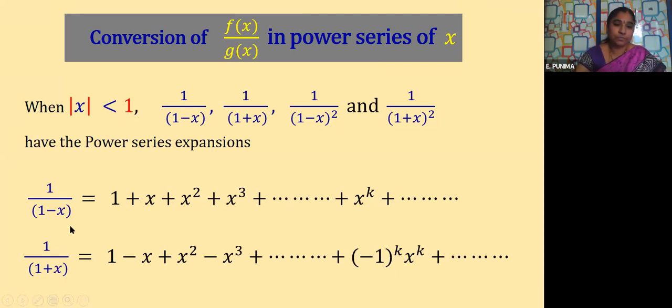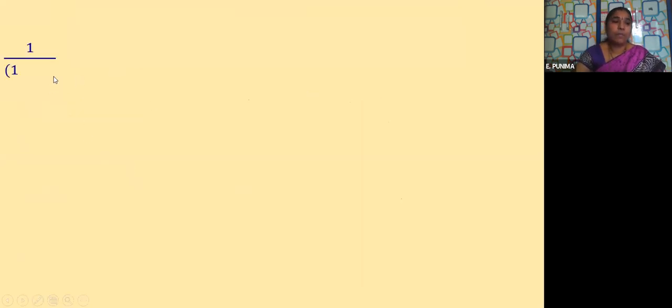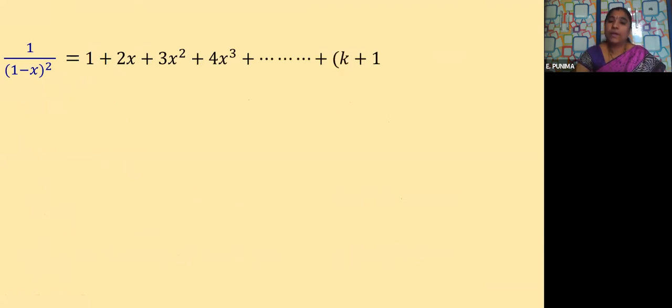Okay. Now here, these are the two expansions we have seen, children. The other two expansions also, let us see. 1 by (1 minus x) whole square is equal to 1 plus 2x plus 3x square plus 4x cube plus so on, plus (k plus 1) into x to the power of k plus so on. What is this here? It is the first term. Second term we have x. What is the k value here? I am saying k plus 1. If suppose the first term is there, that means k value is 0. So it is k depending on the term number.